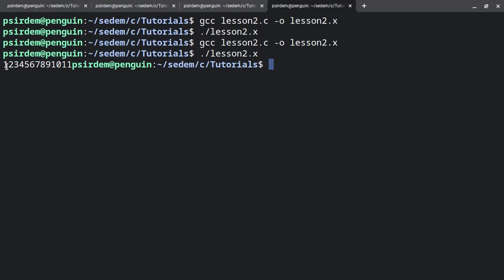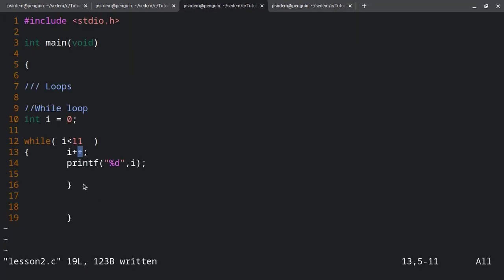So we see that 1, 2, 3, 4, 5, 6, 7, 8, 9, 10, 11 has been printed to screen here for us. So if we want this to be printed, we want the numbers to be spaced, you can do that. And then if you want to make or print a new line after, you could also do that here. So printf, and then I want a new line here. So basically we